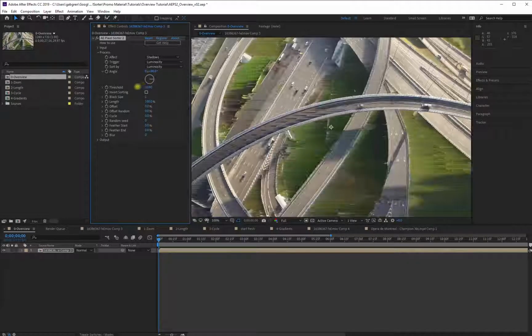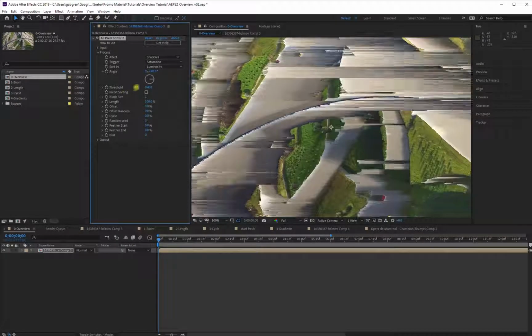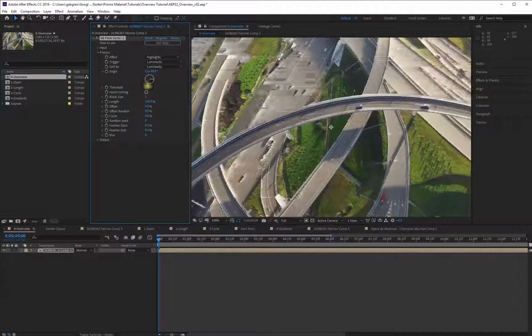Where threshold is acting is defined by the trigger setting. By default, it's set to luminance, so it starts and stops sorting around a certain threshold based on the brightness values of the pixel. You can change this setting so it triggers around the red channel, green, blue, and some other comparison between the pixels. Saturations and hue are new to this version too. As you can see, with saturation mode, it can affect the image where the saturation is at its lowest or